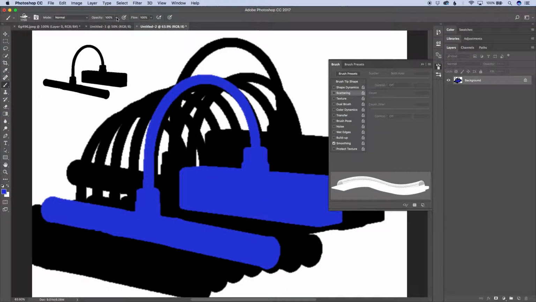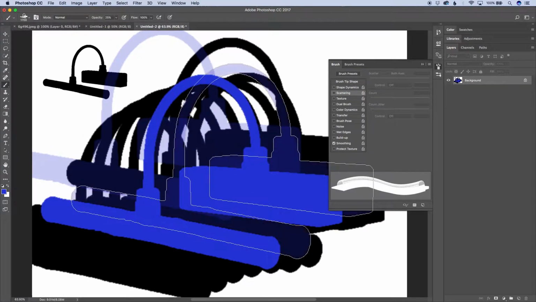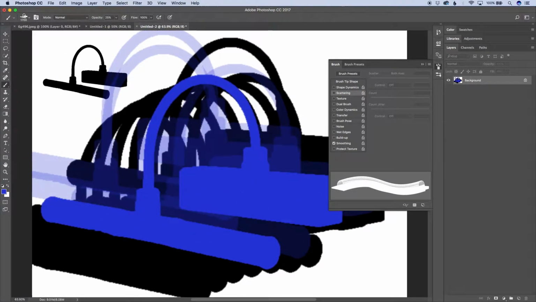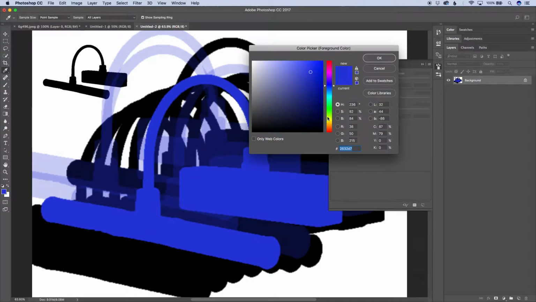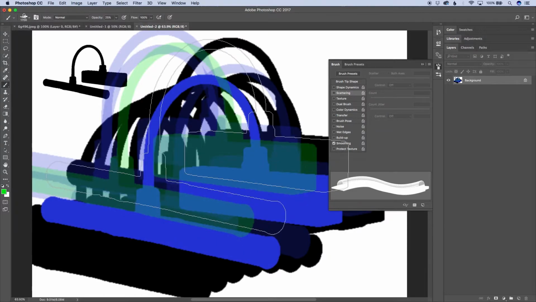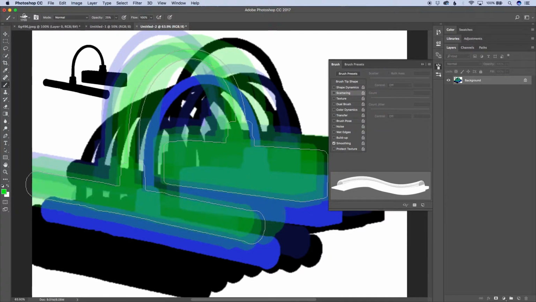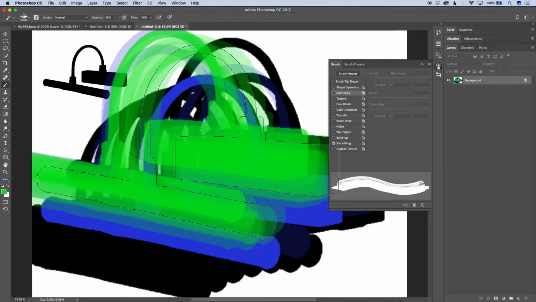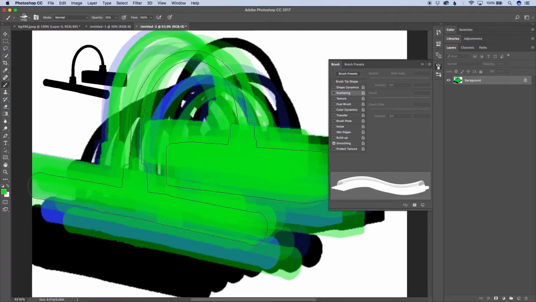If I change the opacity to 25%, because I started with 100% black, that's effectively 25% transparent. Let me do a different color so we can see it a little stronger. Nothing like a hot green to take a demo up to the next extreme levels. And if I paint this, it's 25% hot green. And as I move it around and start clicking, I get a stronger and stronger green of this lamp style